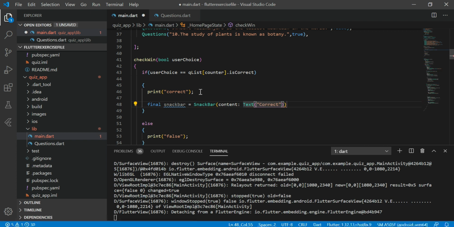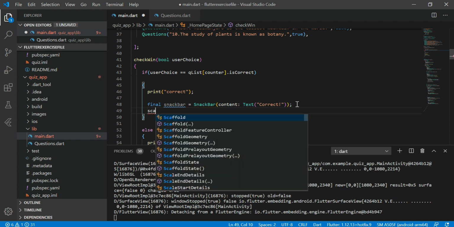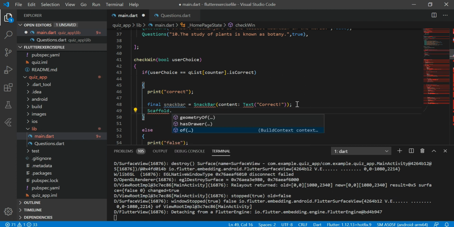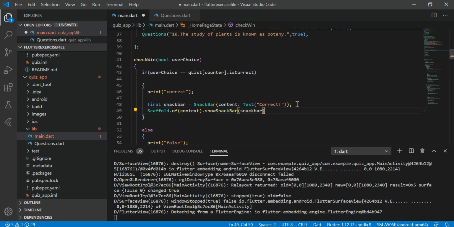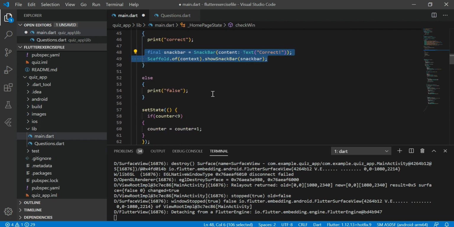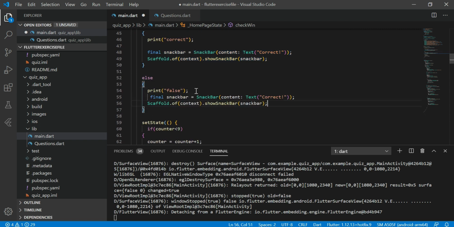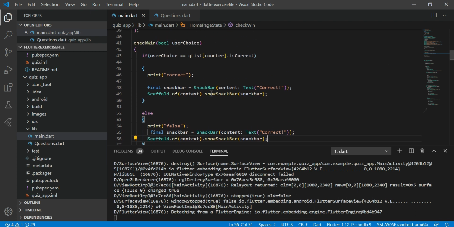Content, inside content, use Text with what you want, and I want Correct to appear in my snack bar, and Scaffold.of(context). I'll explain this build context and context part within a minute. First let's run this app, and paste this for the false part also.